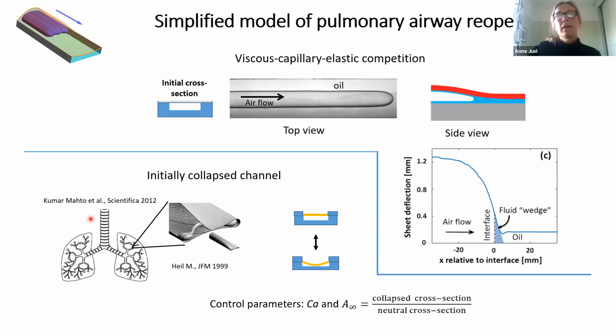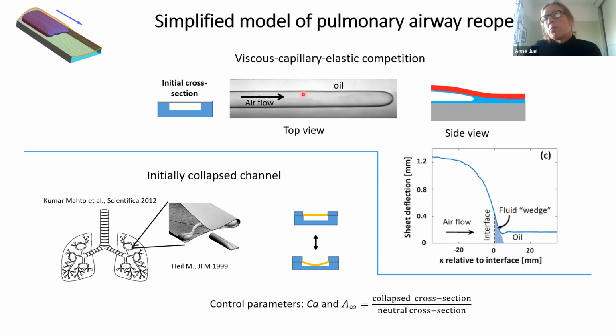And so if you think of the airways of the lungs as a branched network of elastic channels ending up in the alveoli, where gas exchange takes place, then each airway is essentially an elastic tube that is fluid lined. Under certain conditions, say during the birth of a child, the airways will get strongly collapsed, and if you collapse a circular tube in the simplest geometry, you typically get these two-lobed configurations, as shown here.